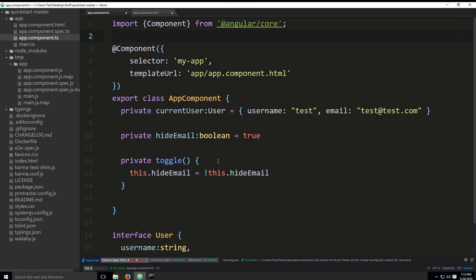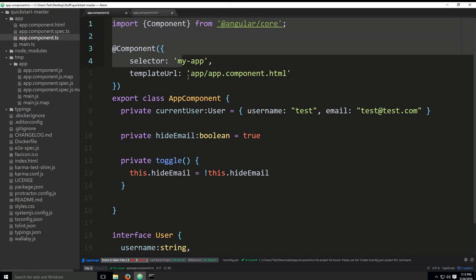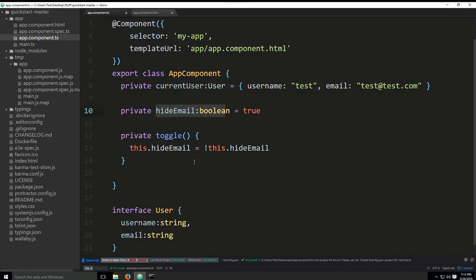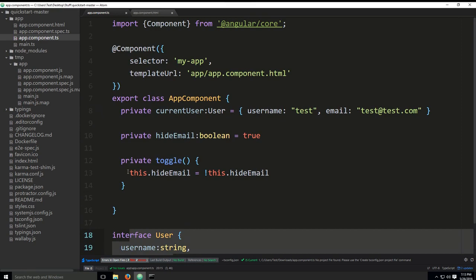Anyway, once again, we are in our app.component.ts. We're still doing some basic things, but fairly soon we will actually start building our application. Before we go there, I wish to go over these things. We have effectively trimmed down our app.component.ts, and createUser has remained the same, hideEmail has remained the same, interface User, pretty much everything is the same,